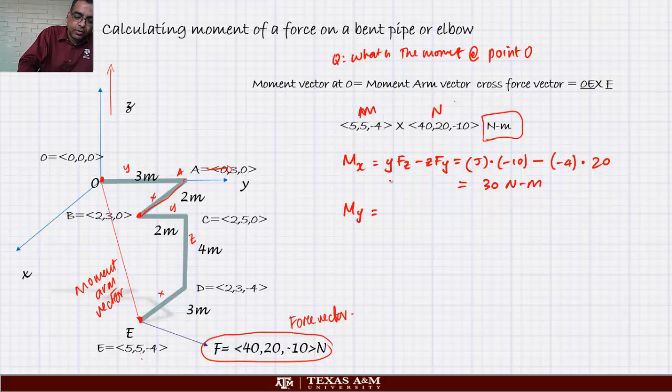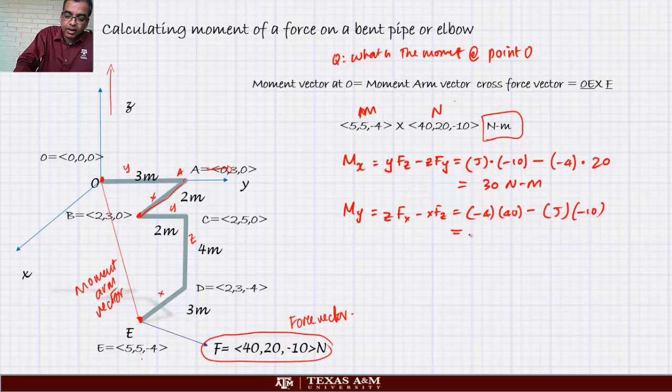My turns out to be, y goes to z, z goes to x, x goes to y, so zFx minus xFz, and again you can calculate this pretty easily. Z is minus 4, Fx is 40, minus xFz, x is 5, Fz is minus 10, so that will turn out to be minus 110